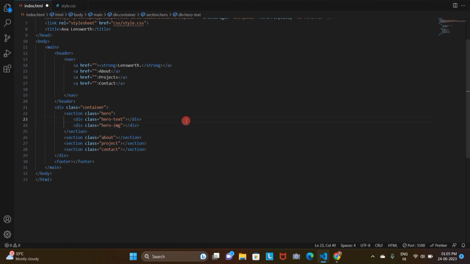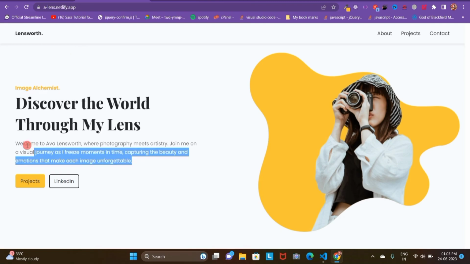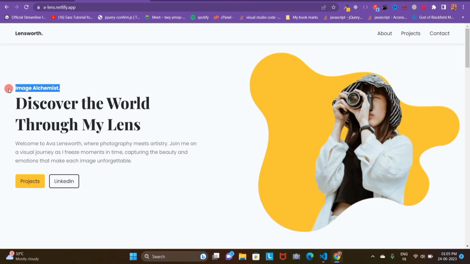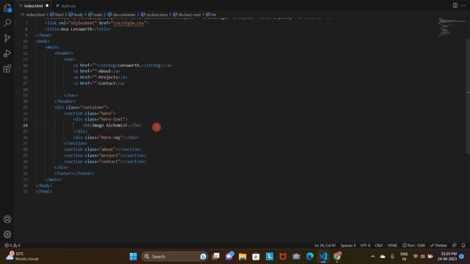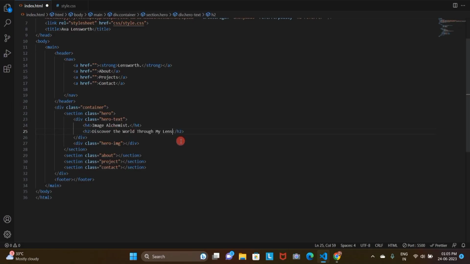Now inside of the hero text, if you look closely here, we have this image alchemist tag, followed by this h2, and then this paragraph, and then the buttons. So we're going to create an h4 for the tag, and we're going to write here image alchemist. So let's copy this, and then let's paste it here, and then let's write h2, and then let's copy this heading and we'll paste that as well. And now for the paragraph,